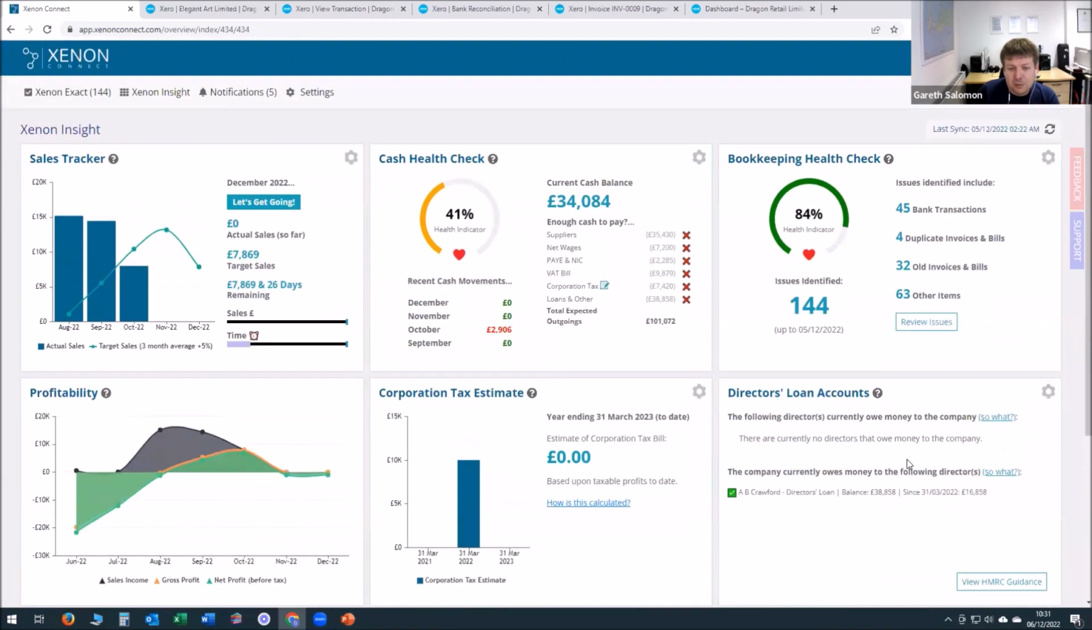What is this data? How can we help them with this data easily? The first item is the sales tracker. It allows them to set targets for their monthly sales figures. Now, those targets can be pulled in directly from Xero, and you can change that in settings, or they can